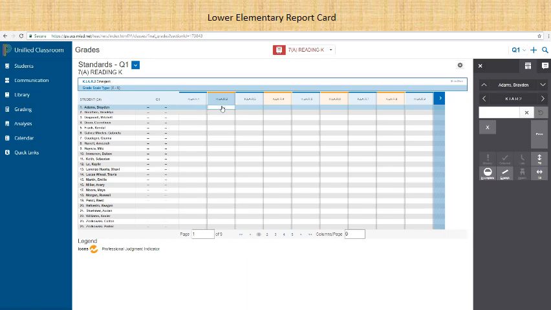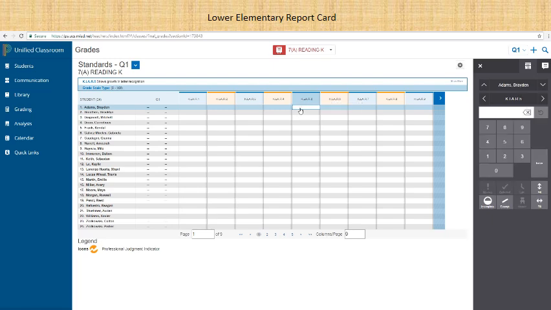If he was emergent, I would put an X here. If he was developing, I'd put an X there. Or if they are fluent, I'd put an X there. And again, you can see all of these headings that I'm talking about right here, or if I hovered over, this would be pre-emergent, emergent, developing, and then fluent. And then here shows growth in letter recognition. This is where I'd put